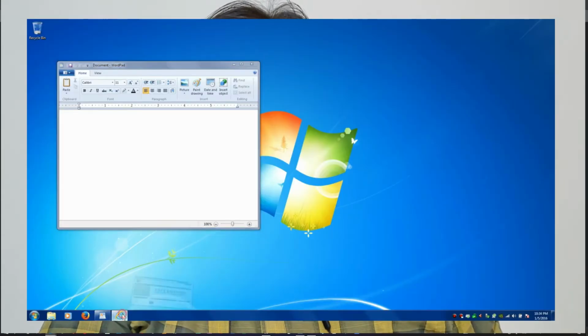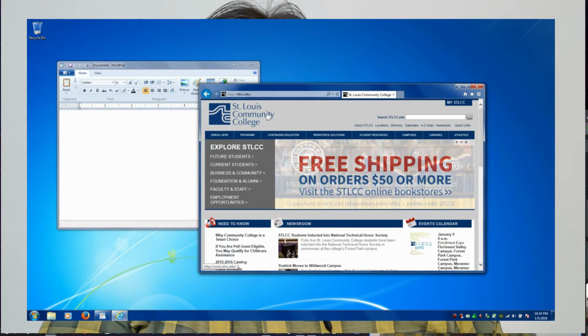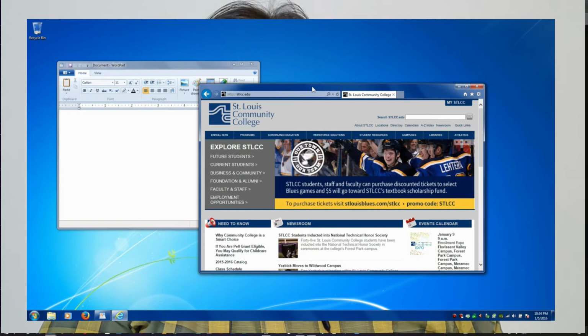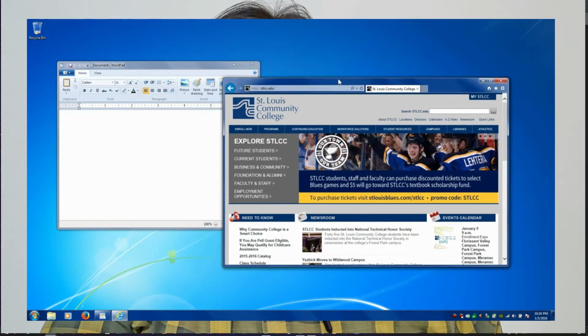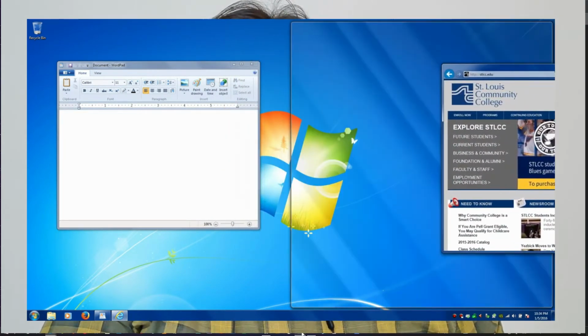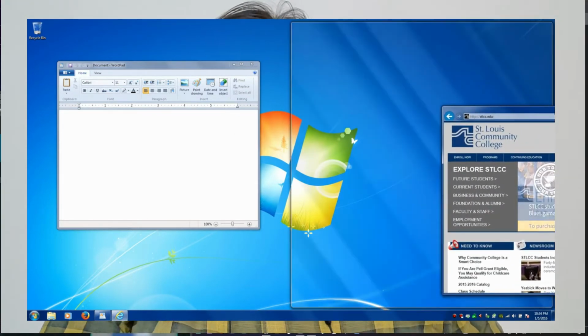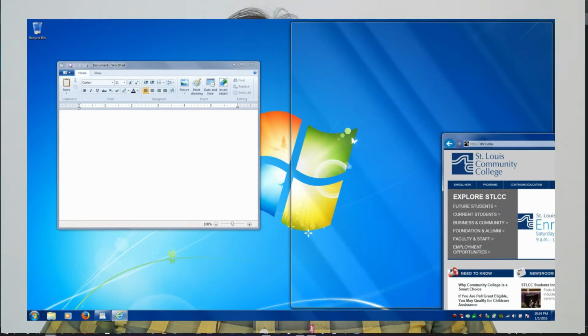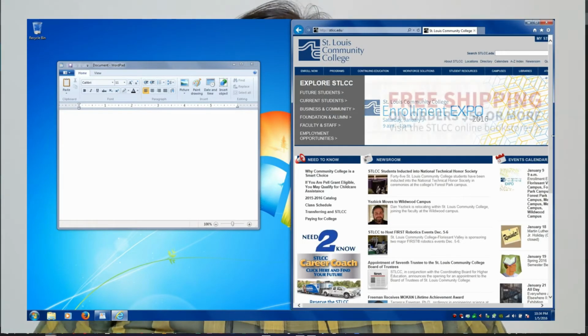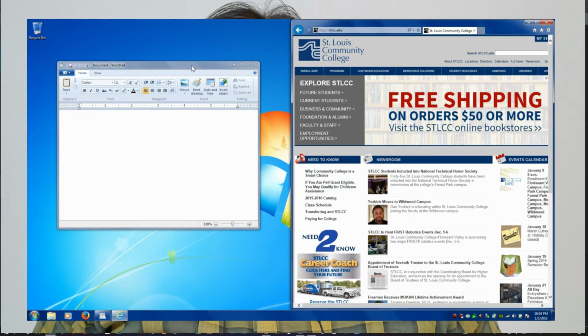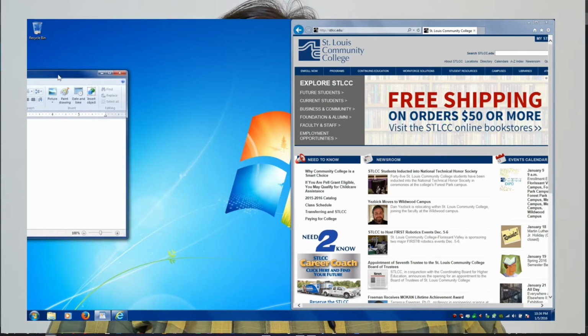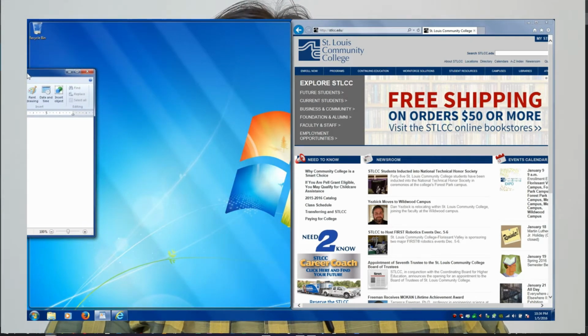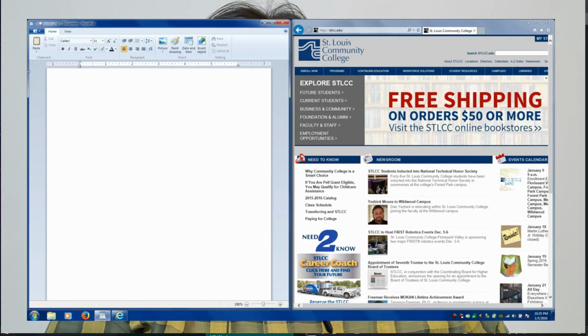Then we come to Snap. For Snap you simply have to minimize the screen like this and just place it somewhere on the screen like this. You can do it like this. This is Snap, an equal partition of your screen. You simply have to put your cursor on top like this and it will stick like this.